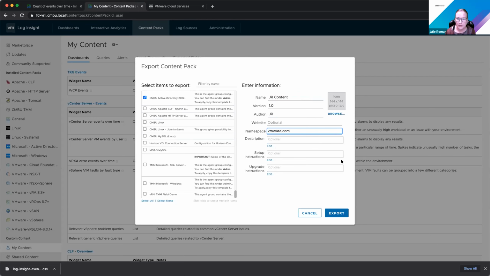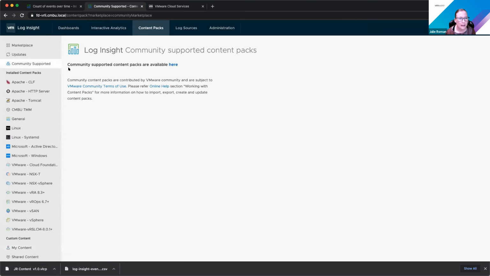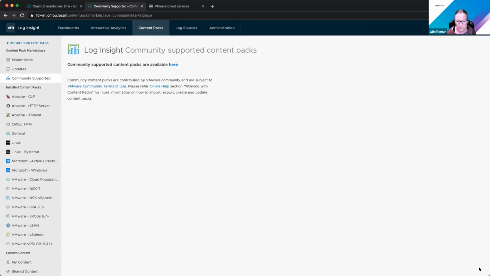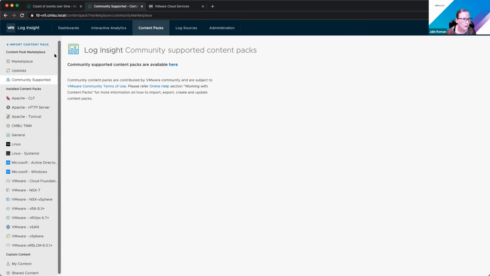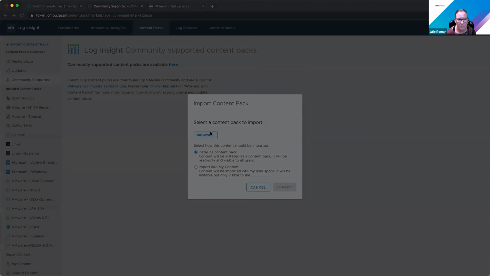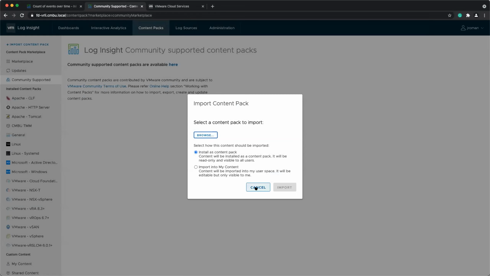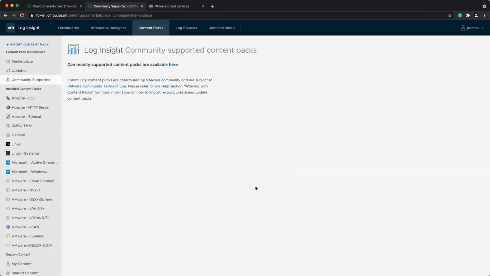If you're doing it for, you could enter your company name for there. Anyways, I'm just going to get a VLCP file, and then I would just come and do community supported. And that's how we can import the content pack, and I would just choose that VLCP file. Cool, thanks. And Tim, if that didn't answer your question, just please clarify in the Q&A.